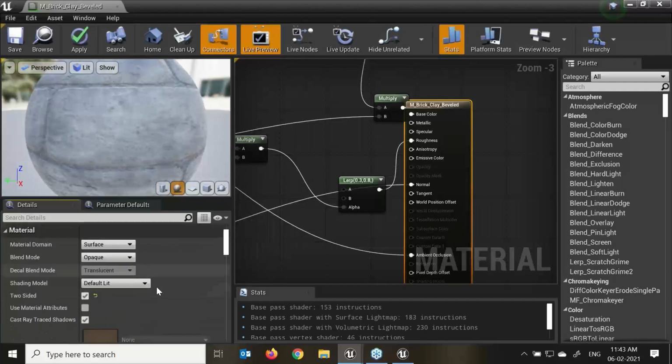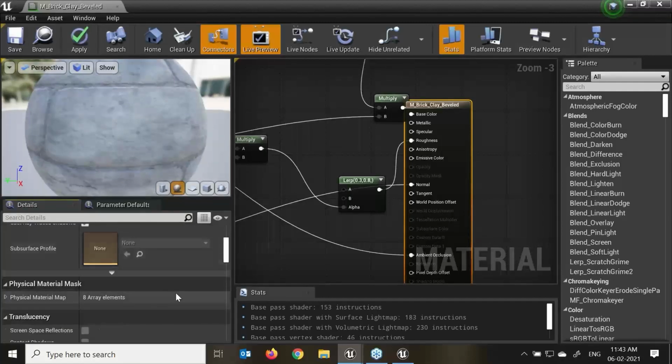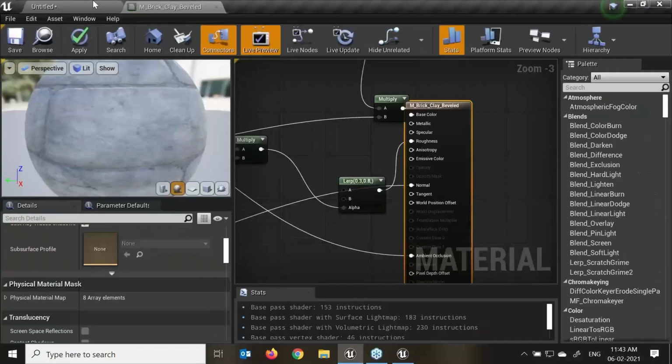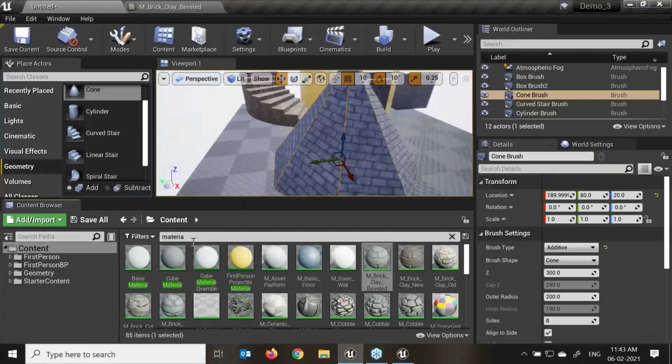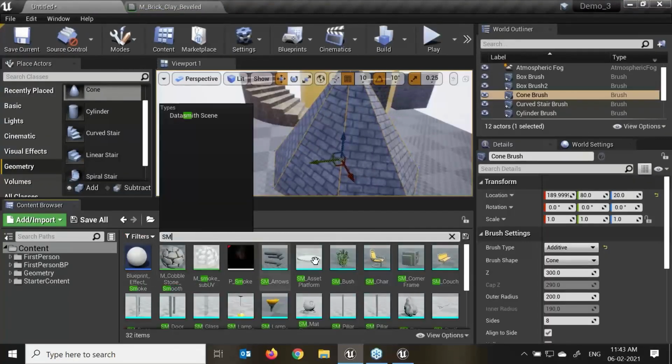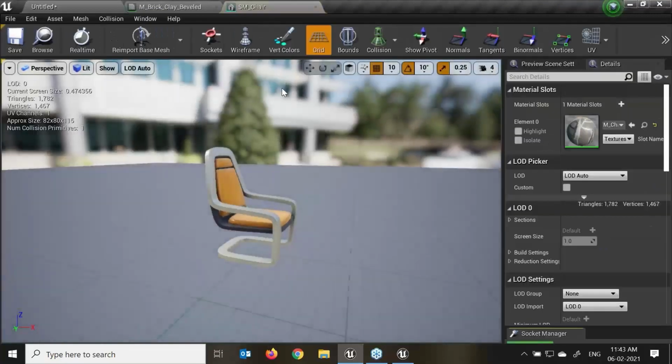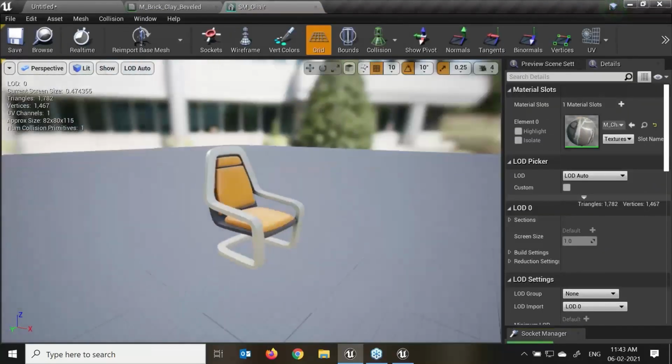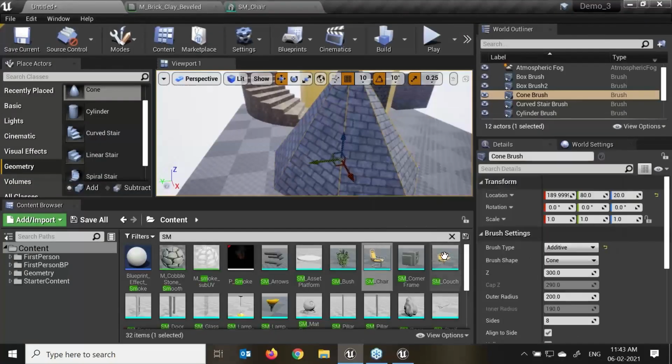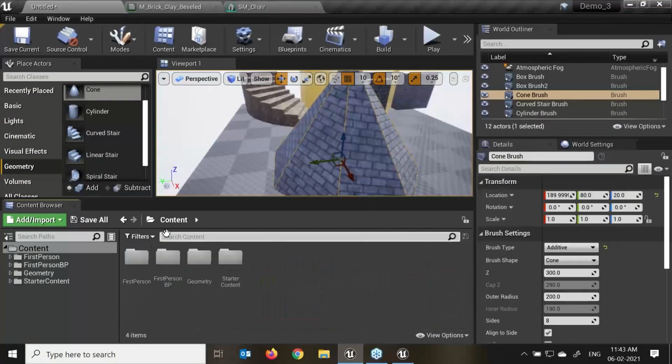So all the properties we have, I will explain in more detail in the material editor. If I want to edit that particular material, I need to double click on that, so I'm able to open that material editor slot. And if I want to edit my static mesh over here, double click on that object. Again, this will open my static mesh editor over here, which has different properties. We can play with the collision property, level of detail property, right? So there are multiple ways. Slowly we will start to work on that.